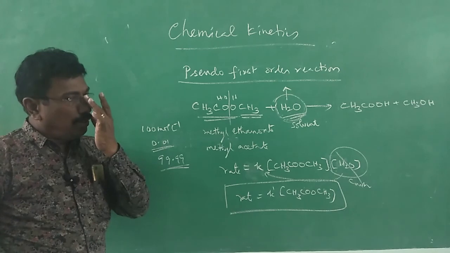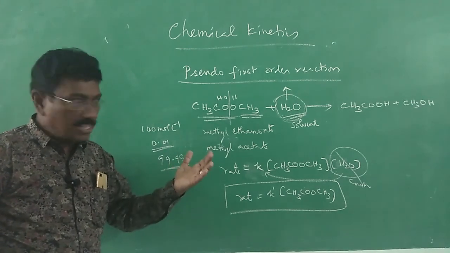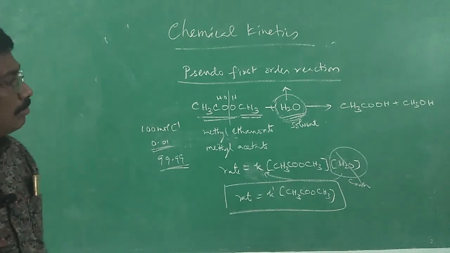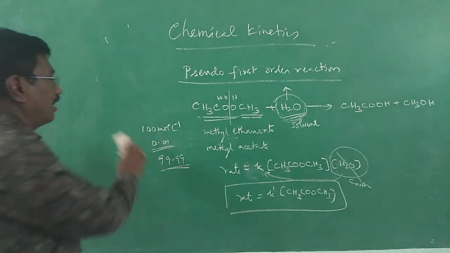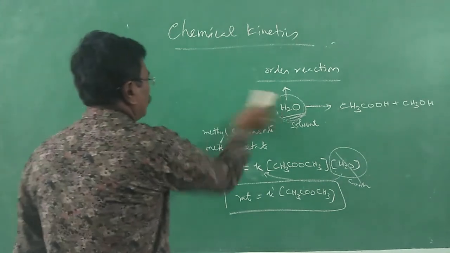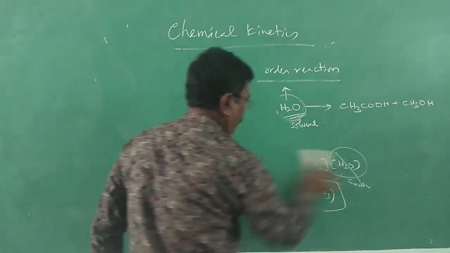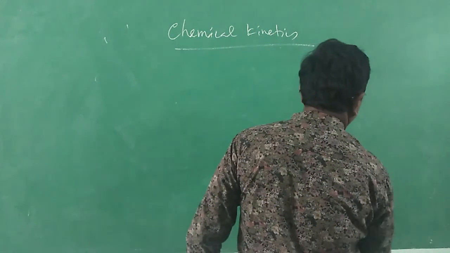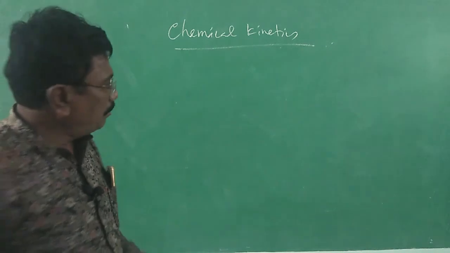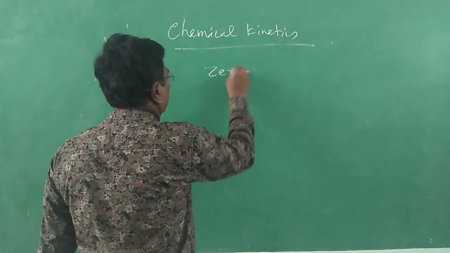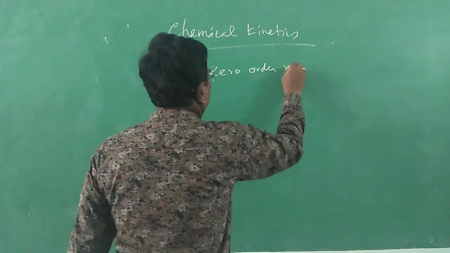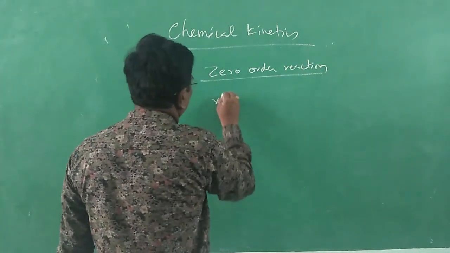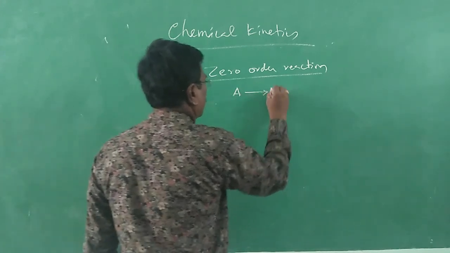Alright. So that is about first order reactions. A few examples we have seen, and for zero order reaction we have seen an example. Now the pseudo first order reaction. Now zero order reaction. Let me go into zero order reaction. What is a zero order reaction? Again you may have the thought, how can it be a zero order reaction? Is it possible to have zero order? A reaction can be first order, second order, third order. How can it be like that for a reaction A gives products?